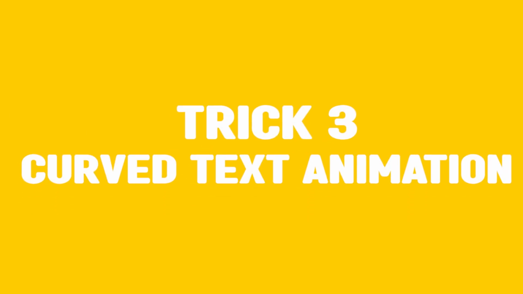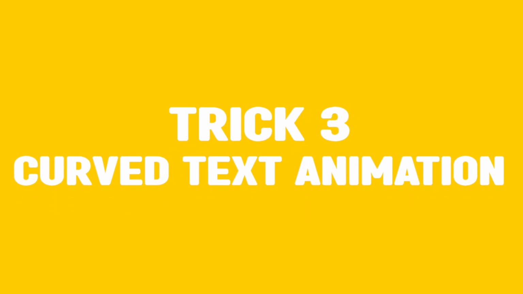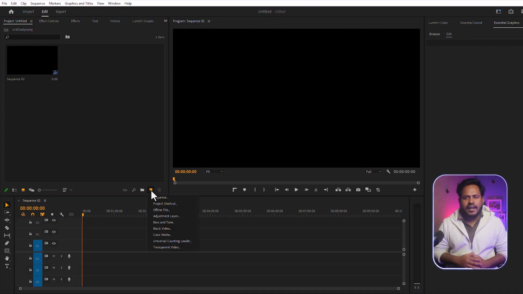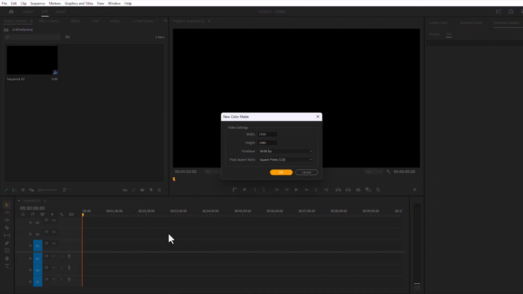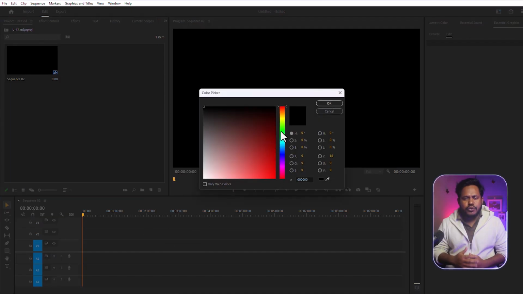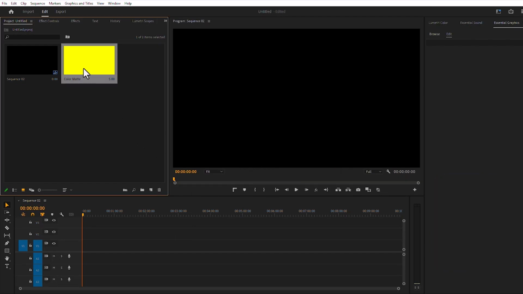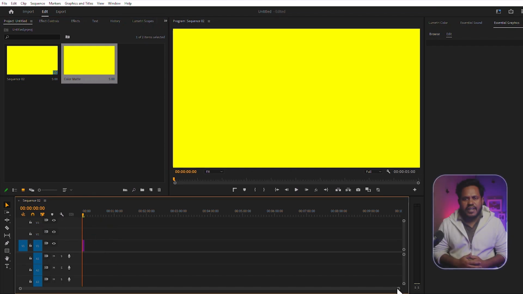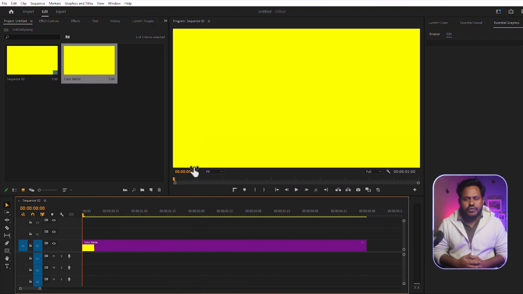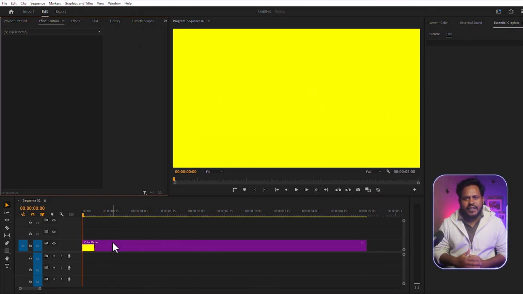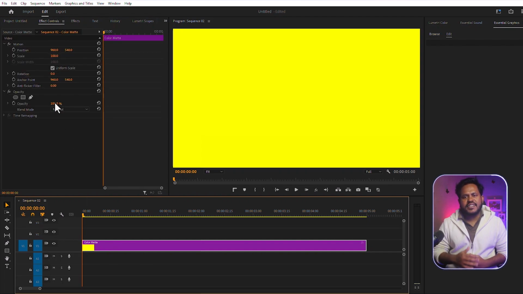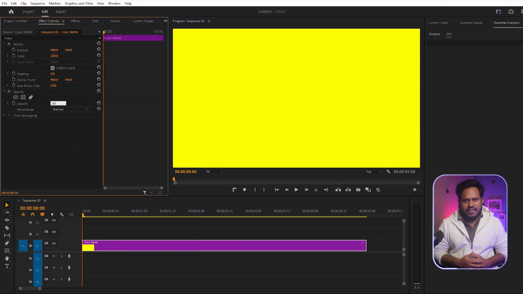Trick number 3. Curve text animation. First, we'll create a color matte. I've chosen yellow for the example, but you can choose any color you like. Place the color matte on the timeline and stretch it to fit the duration. Since the yellow is too bright, we'll reduce the opacity to 60% in the Effect Controls panel to make it